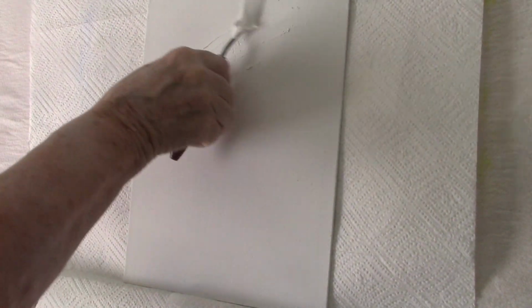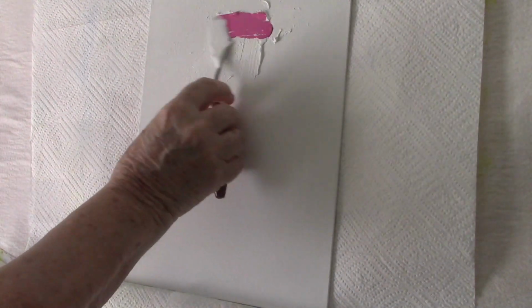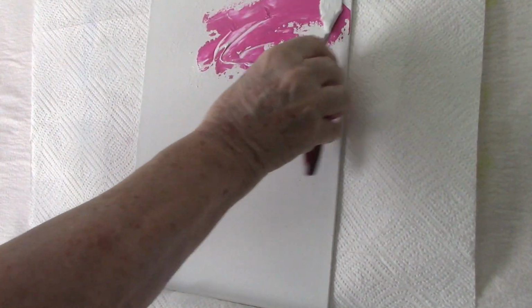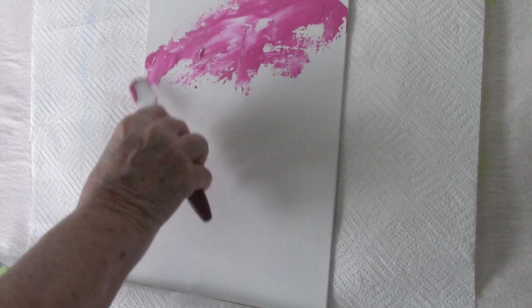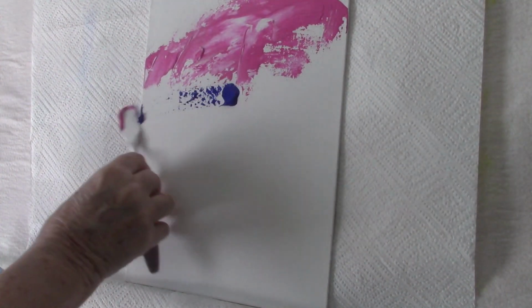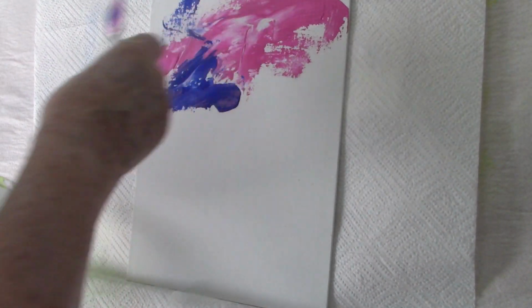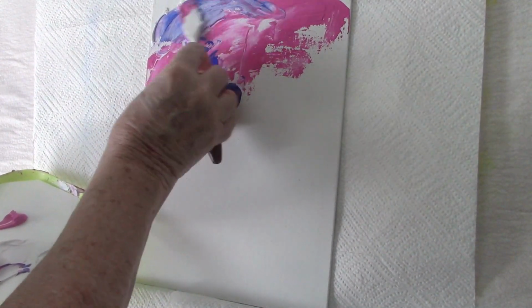For my background, I start off with acrylic paste and two colours, a blue and a pink. And it really doesn't matter what colours you choose, just ones to your liking. I have a palette knife that has quite a fat, rounded blade because I want to spread this paste and colour, and I'm using it a bit like a butter knife. The paste does dilute the colour somewhat, so I spread the paint on and then put the paste on afterwards,